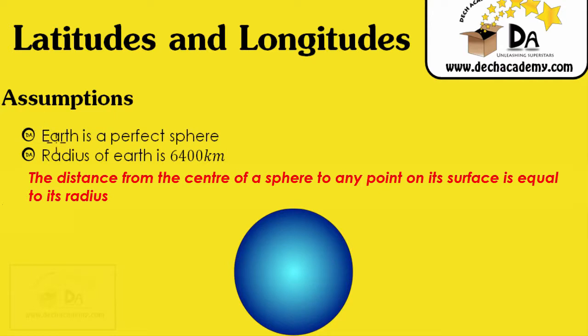1. It is going to be assumed that the Earth, the planet Earth, is a perfect sphere. So this shape here, representation of a 3D object, this blue shape here is known as a sphere. And we're also going to approximate the radius of the Earth as 6,400 kilometers. And just one key thing you need to note about a sphere is that the distance from the